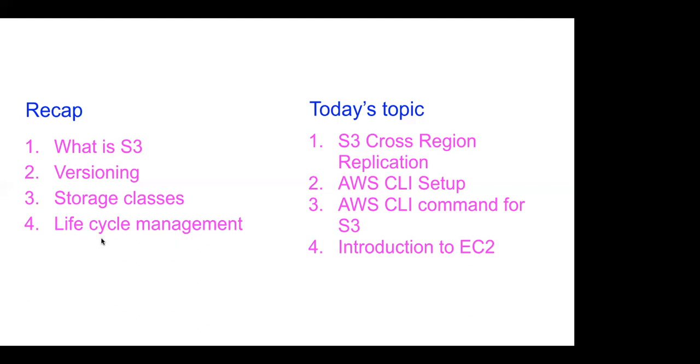So now manually, you don't have to do anything. You just need to create a rule, and if you say, after 30 days your object should move from Standard to Deep Glacier, for example, then once the 30 days is over, your object would move to the respective storage class. And one very important storage class which we studied last time was Intelligent-Tiering, wherein the user is not sure about the retrieval pattern of that object.